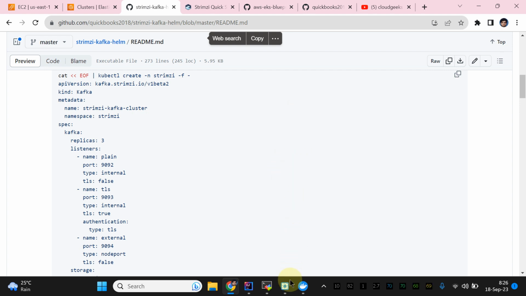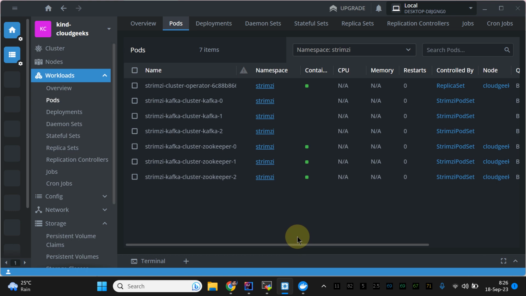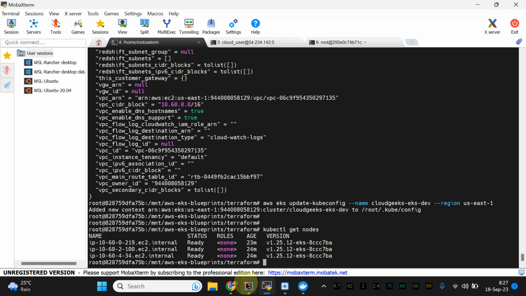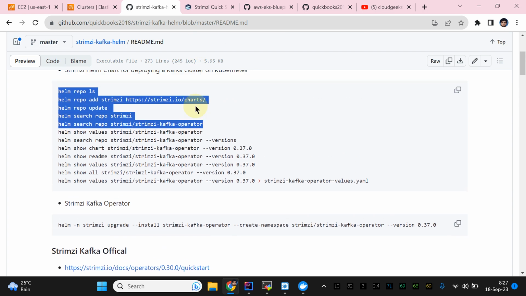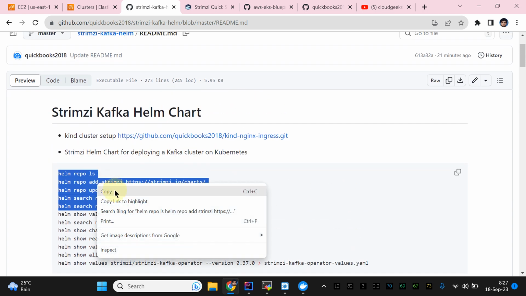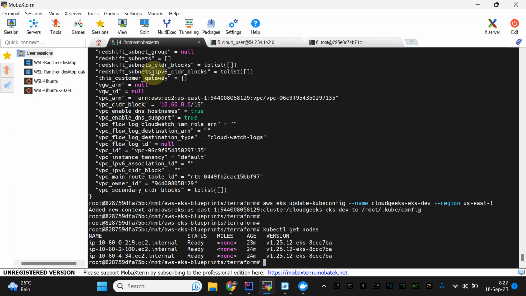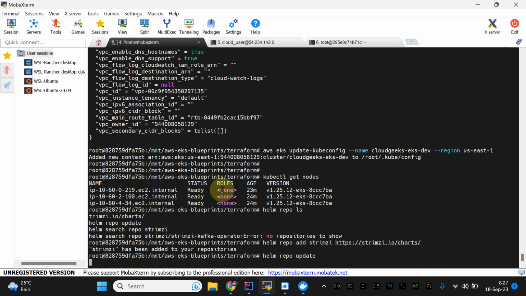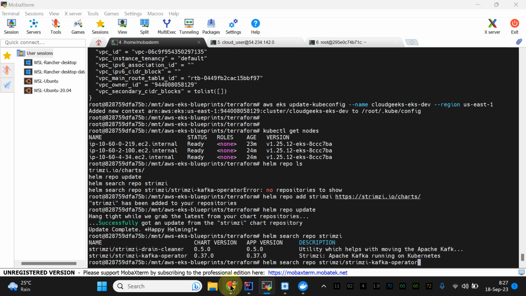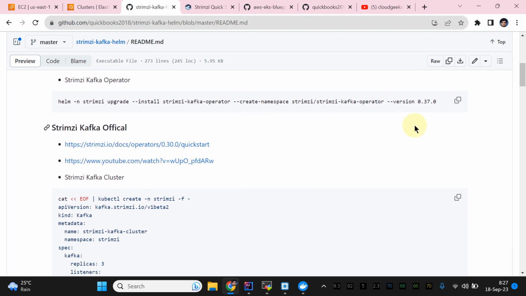So let it get ready. Okay, same stuff what we are going to do. Let's simply copy the commands regarding the Helm for our EKS cluster, right? So it is available, and we are going to add the repositories, and now simply install the operator in our EKS,